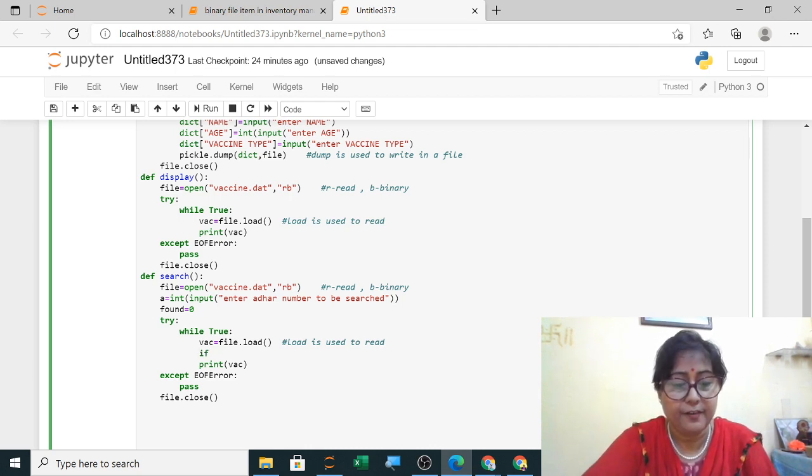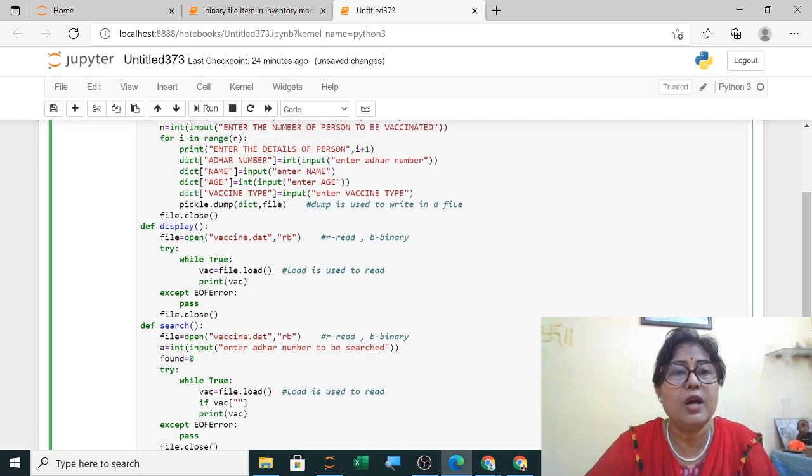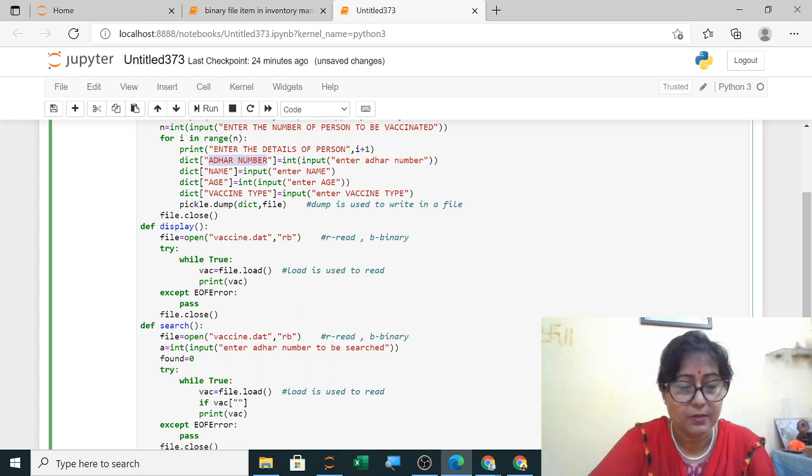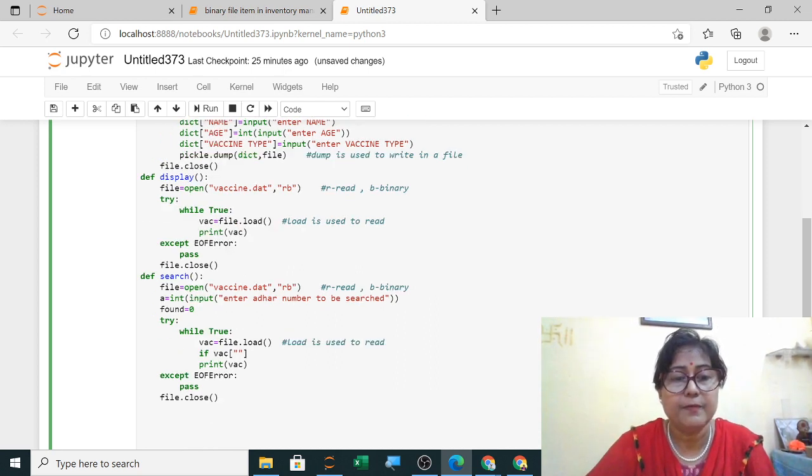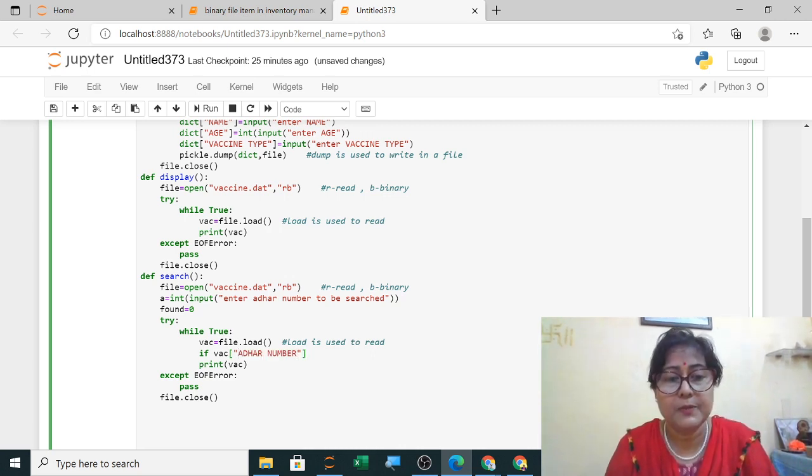The VAC column name was your Aadhaar number in capital, as you have given here, and the same way you have to write here. So I am searching the Aadhaar number.